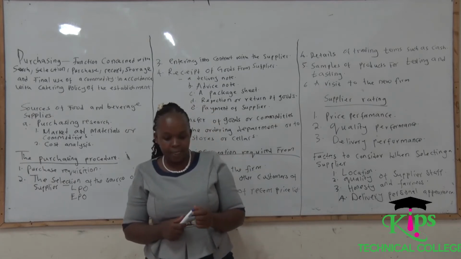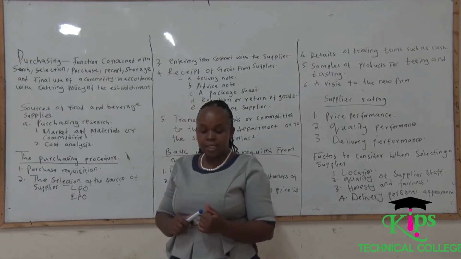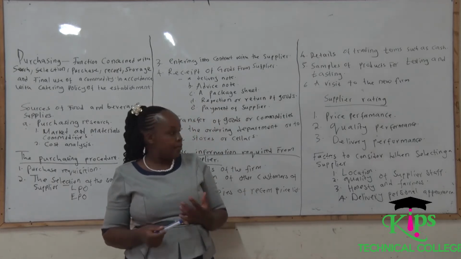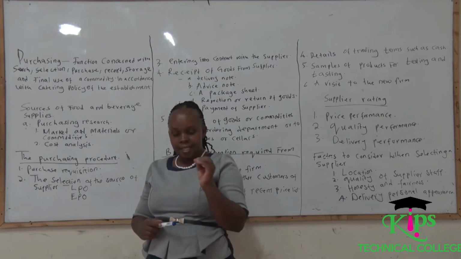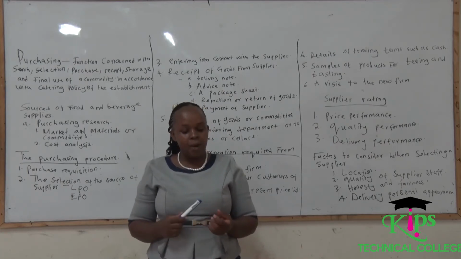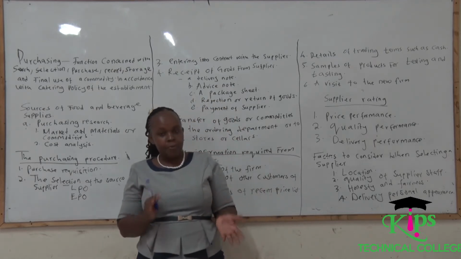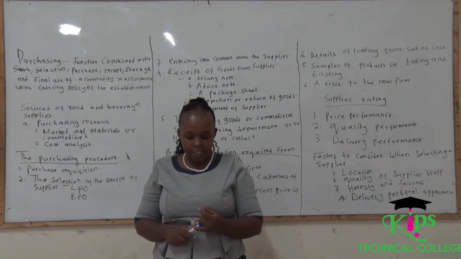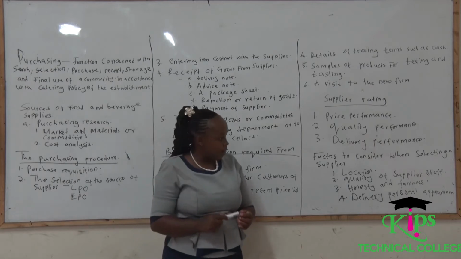Another thing is keeping up to date with the markets being dealt with, and evaluating new products, because there are new changes that are happening each day. There are new products that are being brought in each day. So the purchasing manager needs to ensure that he or she is buying the materials that are in the market. And also, he is the one to do the research into products and also the markets and the price trends. For example, there is a price fluctuation, so you need to do that. And also liaising with the production, control, accounts and marketing departments. And finally, reporting to senior management.